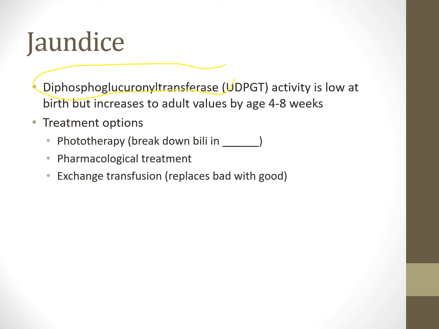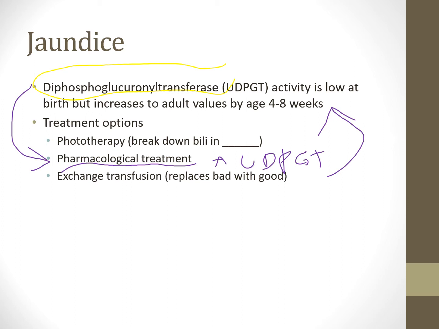When we're looking at pharmacological treatment, that's the whole reason for this first bullet point up here. We're giving these medicines that ultimately help increase UDPGT activity. So the whole idea here is to increase that UDPGT activity, and that would help conjugate more bilirubin so we don't have as high levels in the baby's system. Drugs in this category: phenobarbital, I already talked about that one. You also have dexamethasone or Decadron, which is a steroid that reduces inflammation and helps as well. There's clofibrate, and we'll talk about that in the next slide, when we start talking about the drugs. So the phototherapy and pharmacology treatments are going to be very, very helpful, and you will see